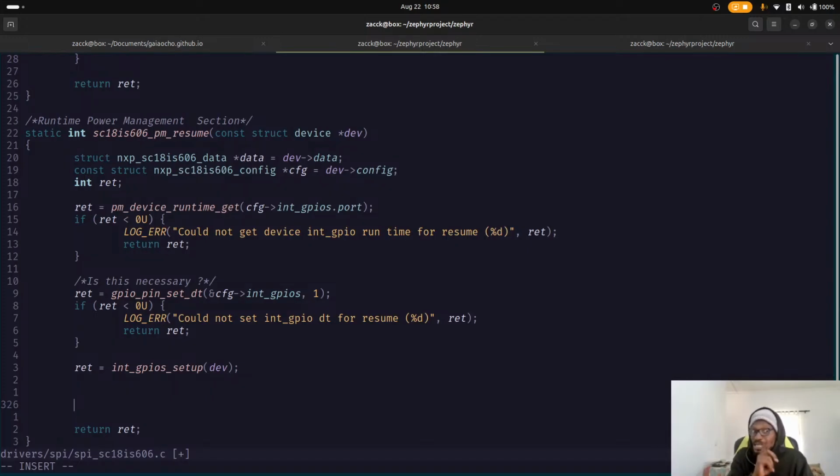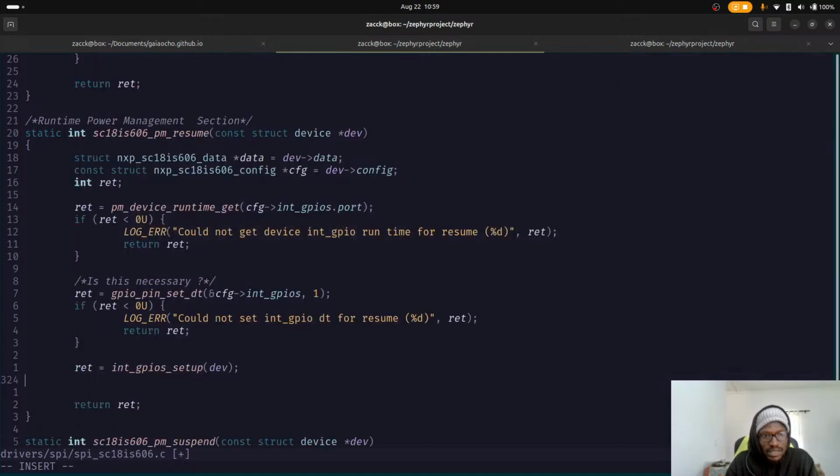So let's do the same for the... We still have that semaphore. That is broken somewhere in this code, but we'll ignore it for now. We'll pretend like that is not a problem right now. Let's do the same thing for our enable pin. Ret. Okay, and also here we need to do if ret 0u,